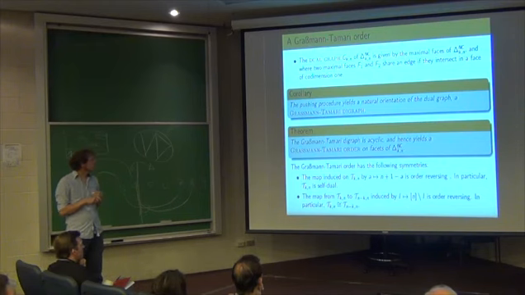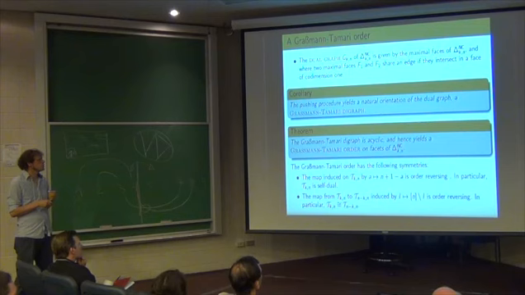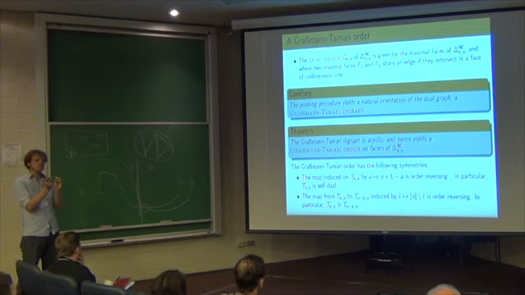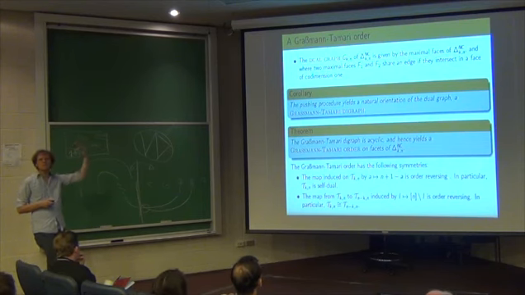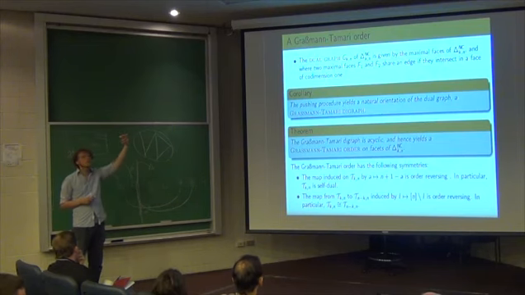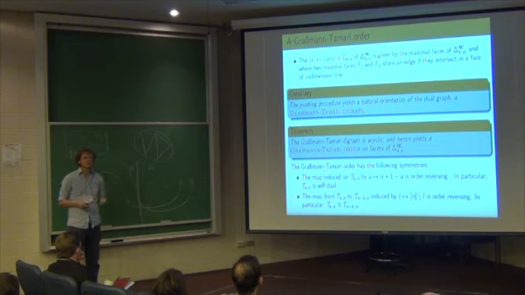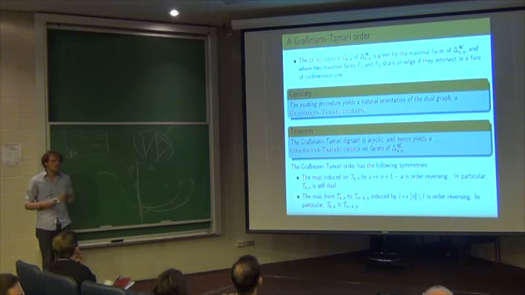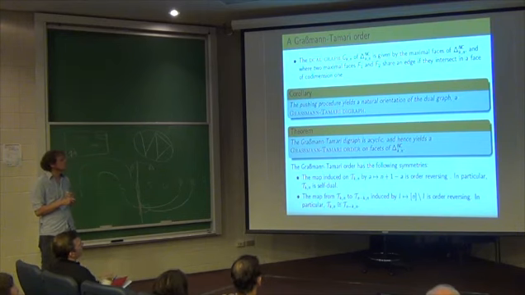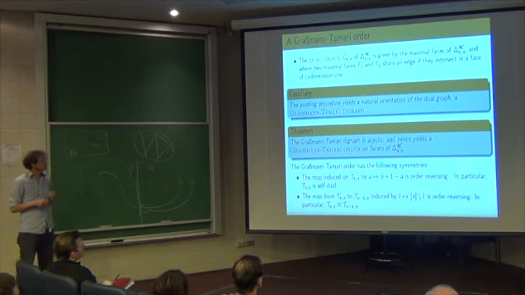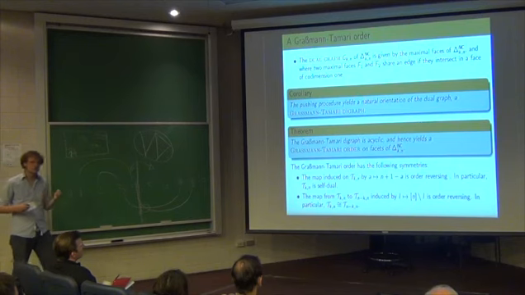And then one can see that this pushing procedure, so I want to orient a codimension 1 face basically. So the question is in which order do I put them? And the idea is if I have a codimension 1 face, there is exactly 1 column containing 2 marks. Then if I'm pushing the top of the 2 marks, I'm going down, and if I'm pushing the bottom of the 2 guys, I'm going up. Or the other way around, it doesn't really matter, you just have to fix one of them. So that gives a very simple way of orienting the dual graph of this non-crossing complex. And this is the Grassmann-Tamari digraph.